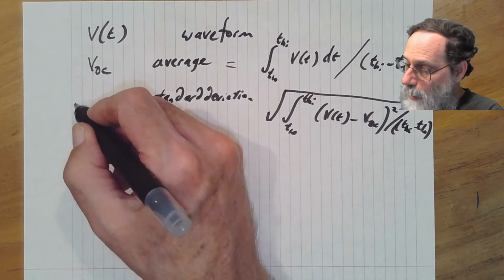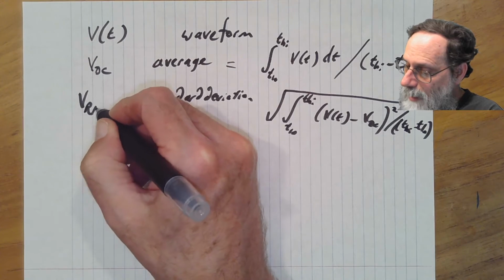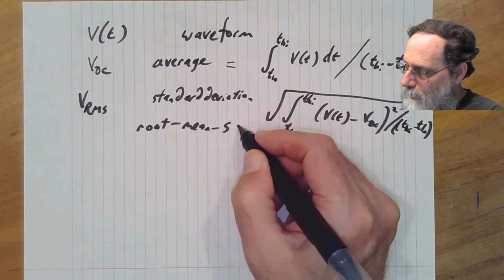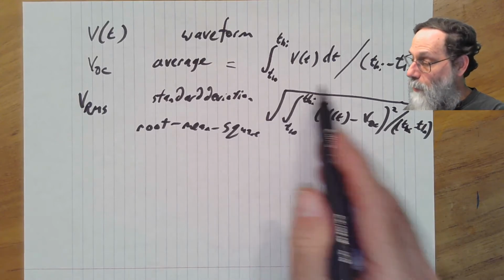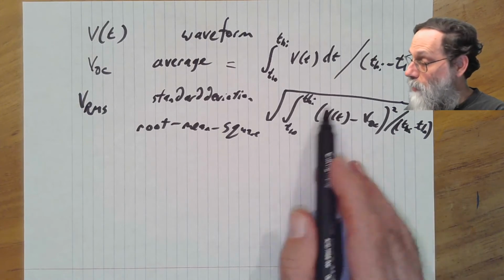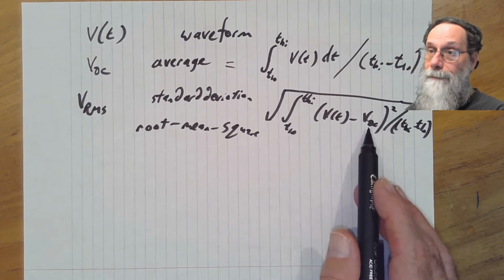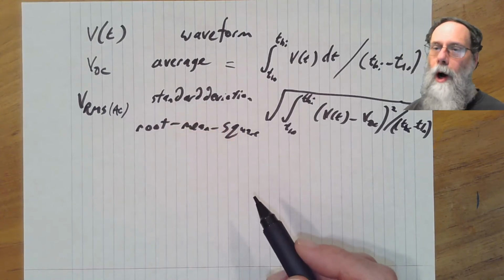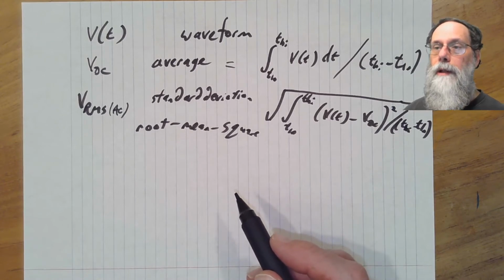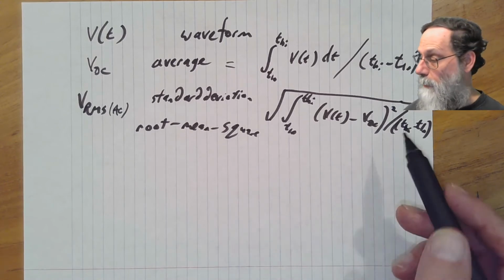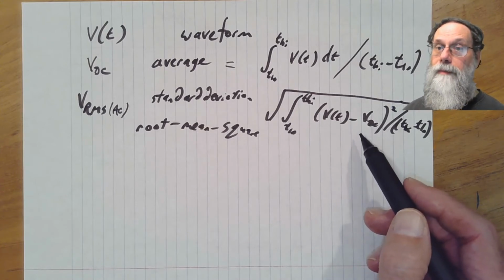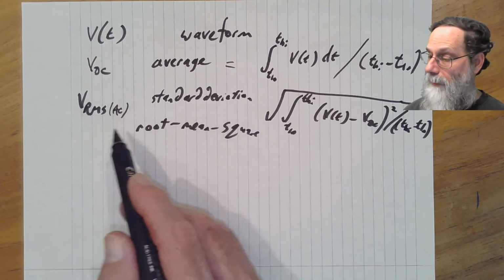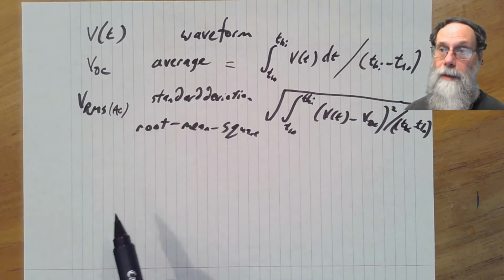So this is often referred to as the RMS. That stands for root mean square, because it's the square root of the mean, the average, of the square of the difference from the mean. And this is sometimes called the AC RMS, because we're looking at just the time-varying portion of the signal. We've subtracted off the average. So it's the same as the notion of standard deviation in statistics, and it's the RMS, the AC component.